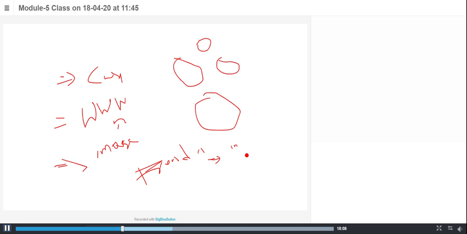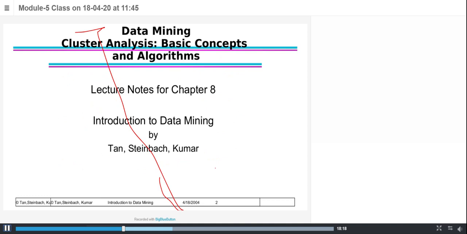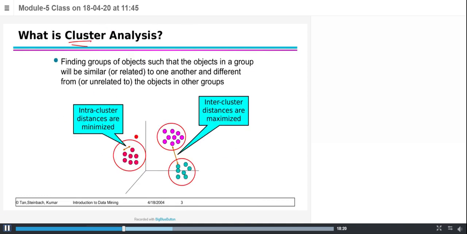Okay, so now what we do is, we are going to learn how to use cluster analysis to solve problems with respect to some fields. So already know